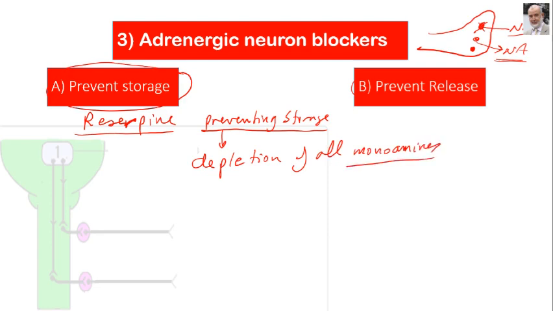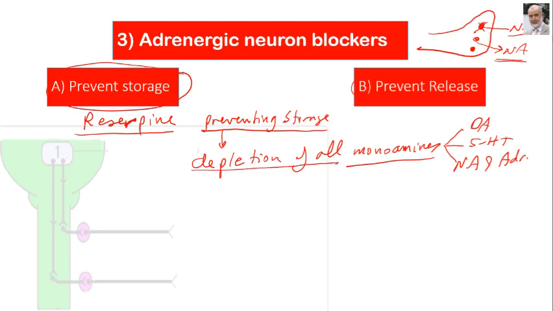As we have said before, monoamines are dopamine, 5-HT, noradrenaline and adrenaline. These are the monoamines. So reserpine, by preventing the storage of the monoamines, leads to depletion of all the